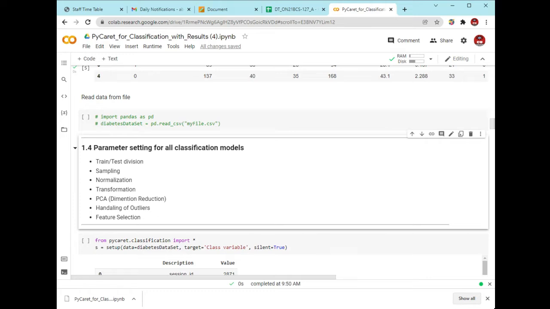Outliers are those values which show somewhat different values. Let's suppose that we have values from 0 to 10, but at a particular point the value shows 210.